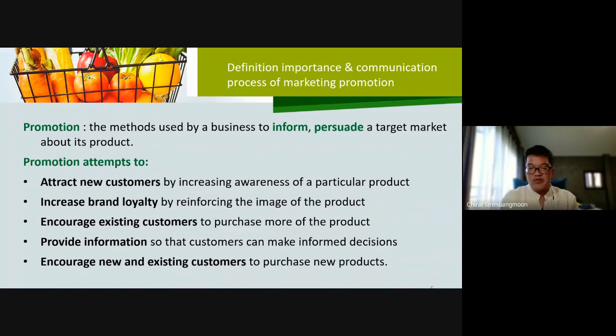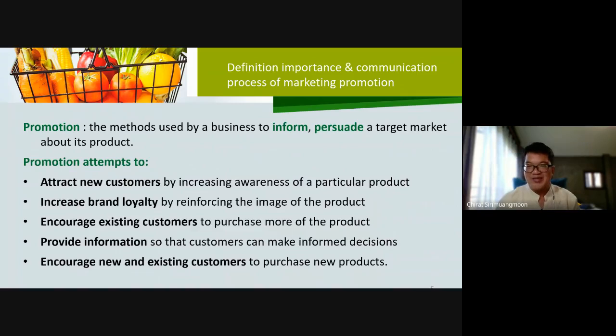Fourth one, provide information. We provide information in order to help them make decisions. If you remember, we learned the decision making process, and one of the steps is information search. If you can provide the important details or points that they're looking for, it might lead to very fast decisions on your products. So I would encourage you to think about the details of your products that you would like to present.